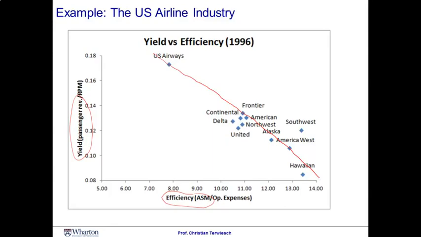On the one extreme, you have Hawaiian, which is not able to get high prices, but because of its very focused route structure is able to provide an amazing efficiency. On the other extreme, you have US Airways. The company is clearly able to command high prices, but has a horrible efficiency. You notice here how Southwest has been able to break that frontier and shift it upwards to a new level. Southwest entered this market and many routes by providing its superior operations, allowing it to charge almost the same prices as these legacy carriers, yet operating at an amazing level of productivity.